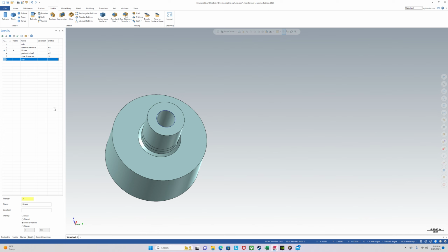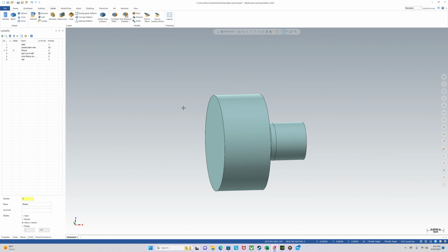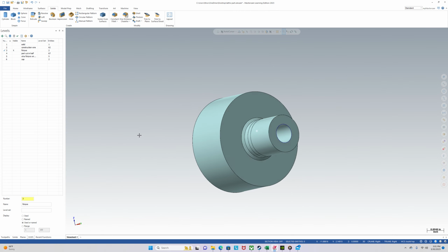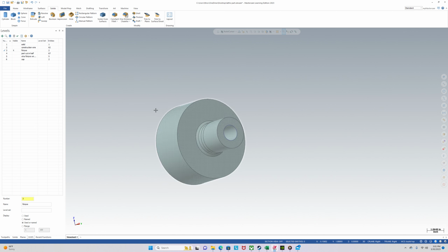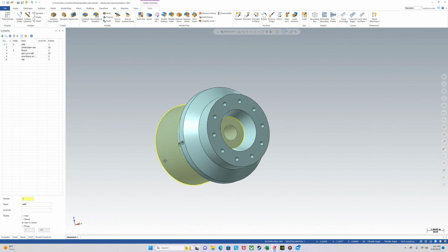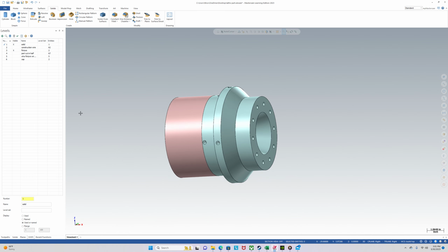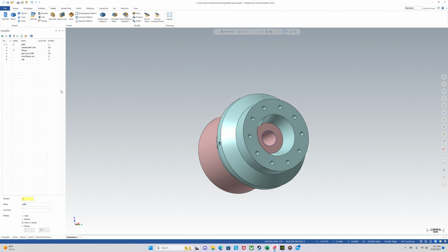So we have our fixture. We'll import a 5-axis vise later, and it'll sit on the bottom right here. And then we'll have our fixture, and then we'll have our solid. Ooh, looks like we have to change our fixture color, so I don't get confused. So fixture, solid, and then we'll have a cap